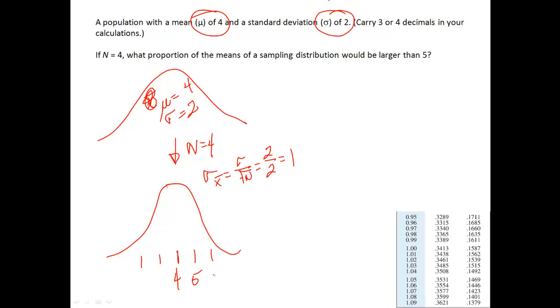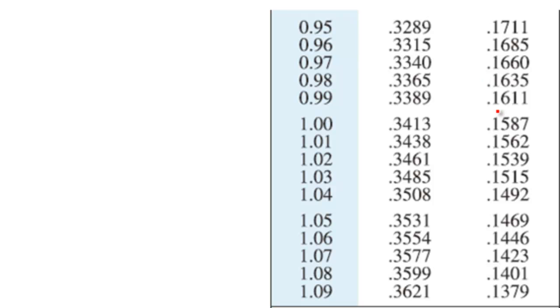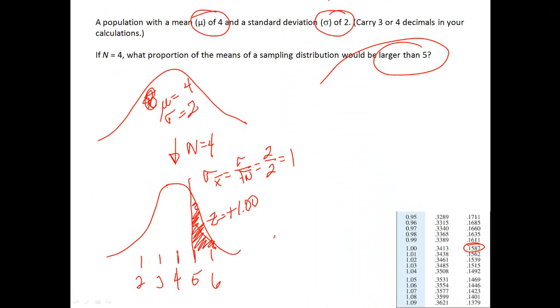Alright, and then, oh look, how nice. Because with this, I can see that a score of 5, which is our score of interest, lies right on a standard deviation line. And being right on a standard deviation line means that I don't even have to do a z calculation, because I know, since it's one standard deviation above the mean, that is a z of 1.00. And again, I want the tail, and that gives me the 16% I expected, or rounded, it was 16%, but probability is